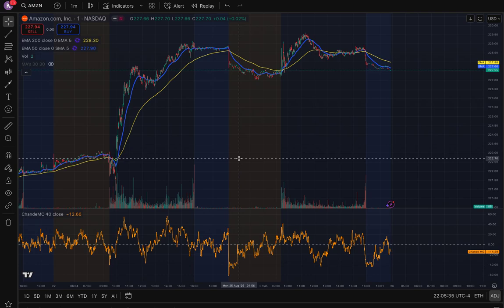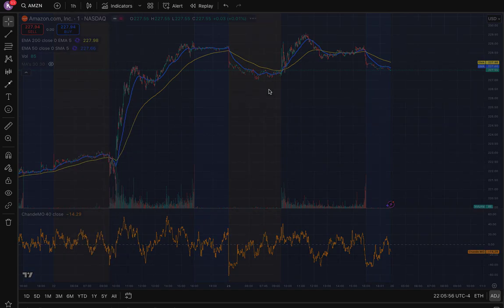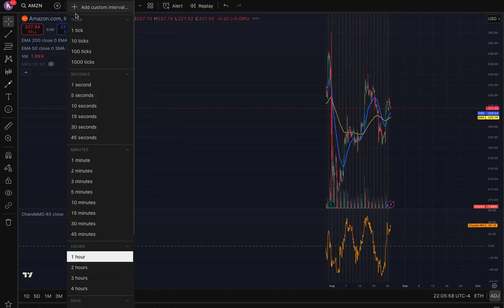They will literally create patterns that are similar across all different assets because it's just people and human behavior interacting and showing exuberance when things are going up and they buy. They're showing despair when things are going down and they sell. And it happens on all time frames. It's just the way it works. Minute, we can go up to a 1 hour. We can go up to